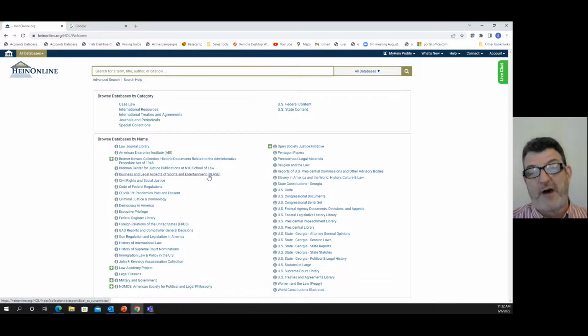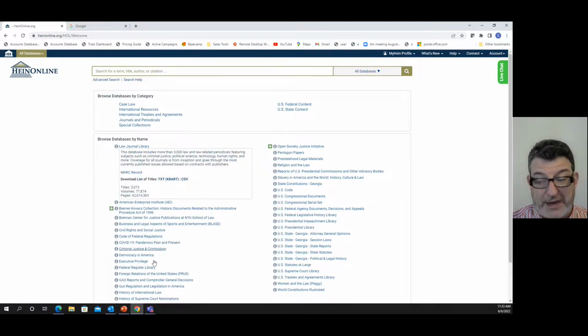The largest collection by far in HeinOnline Academic is the journal library. Now, we still call it the Law Journal Library because we started having exclusively law journals. However, as we became more and more multidisciplinary, as we expanded throughout the country and throughout the world, we increasingly started to add political science journals, human rights journals, immigration journals, and it just goes on and on. We have a total multidisciplinary journal base now, but we still call it the Law Journal Library because that's what we originally called it. So the Law Journal Library is the largest collection in HeinOnline Academic. It has over 3,000 journals.